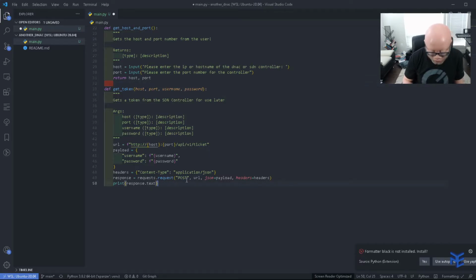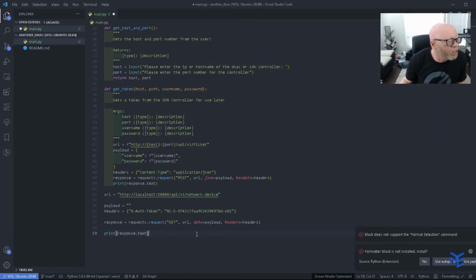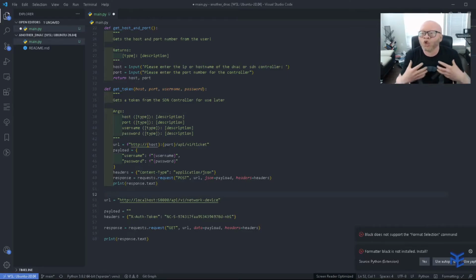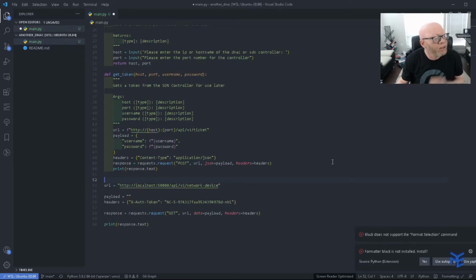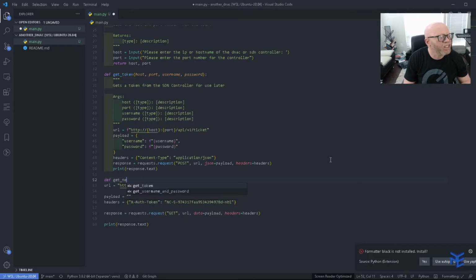What we need to do with that is come here to the bottom, and we are going to paste that, Control V. But again, if you notice, this is not inside of a function, so we need to actually modify this code to be like the rest of them, so that we can have it be functional. So all we are going to do here is define a new function, def get network devices,